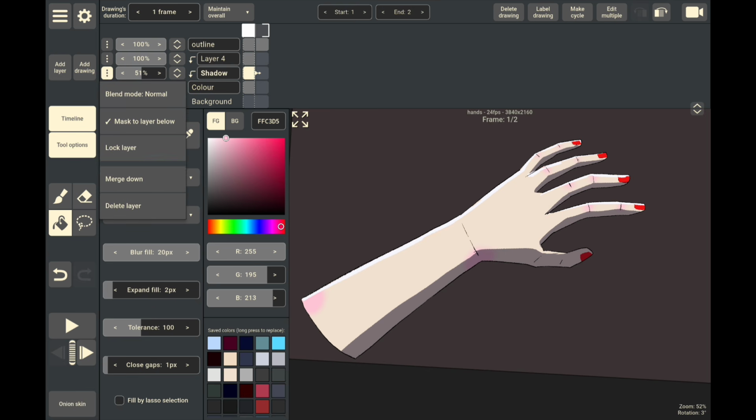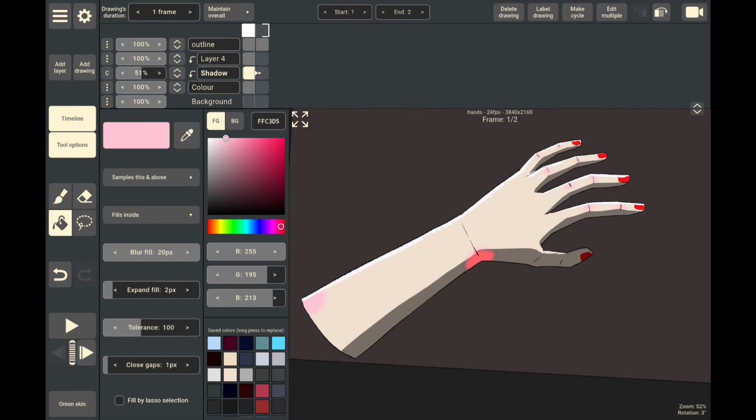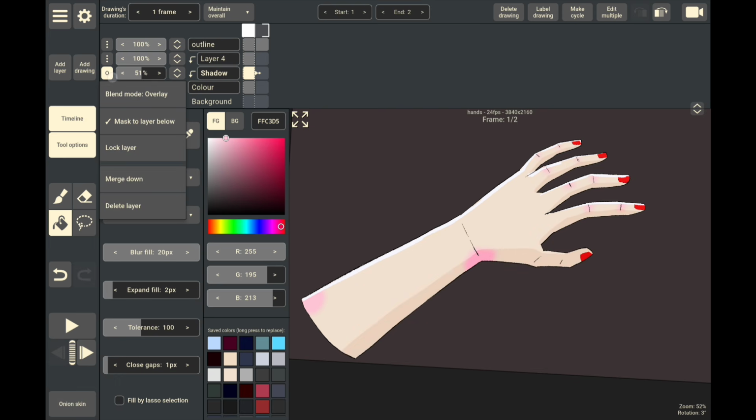Perhaps the most requested feature of Rough Animator has been introduced with this new update, and that is the blending mode. By clicking the three dots and clicking the first option, you have access to multiple blending modes. You can apply different blending modes to different layers, and you can even apply it to layers that are clipped